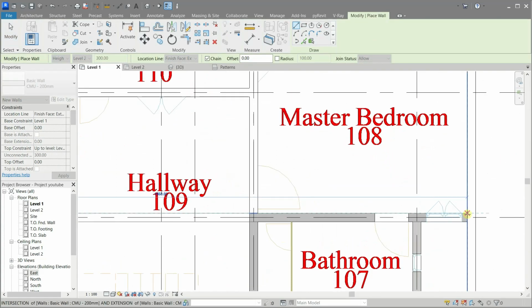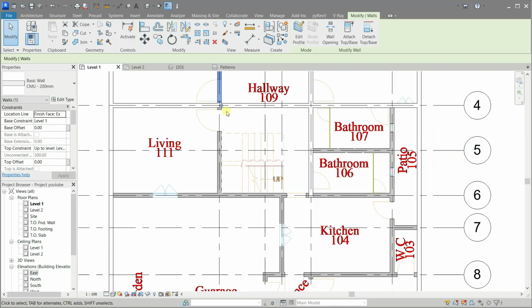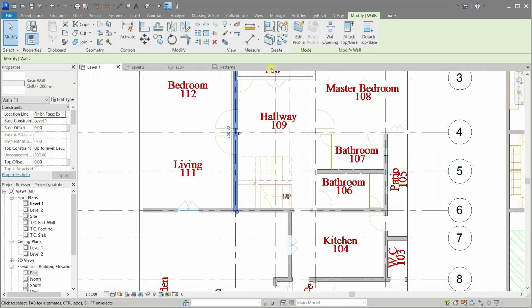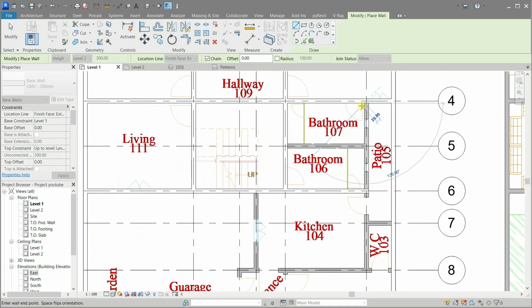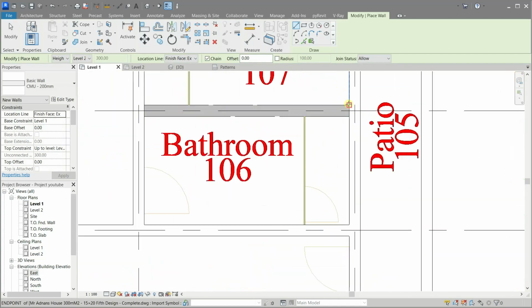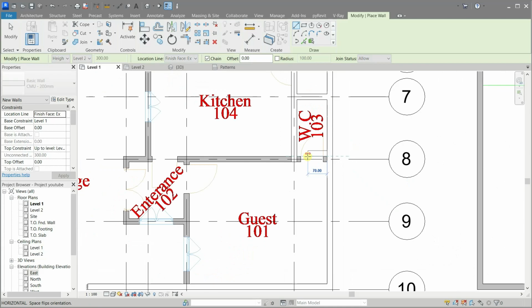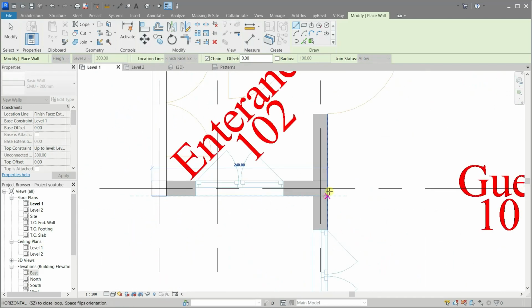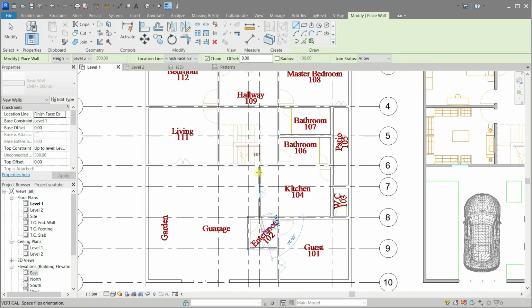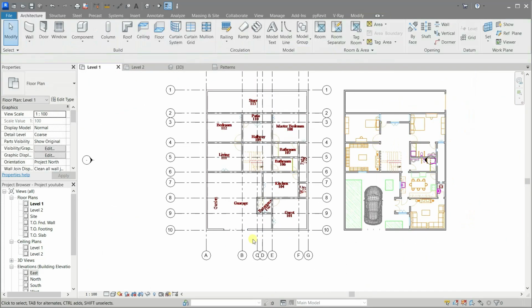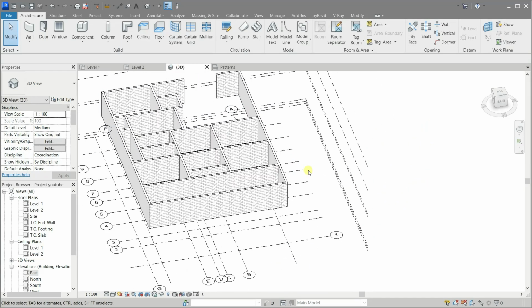We'll fix them later through the course. Let's see how it looks in 3D view.